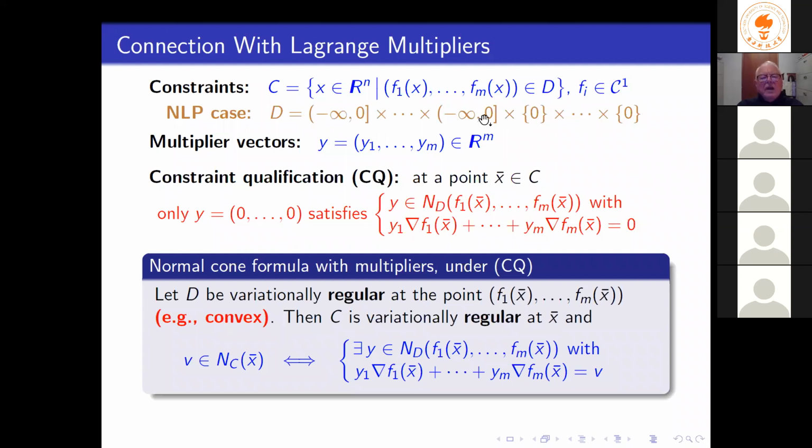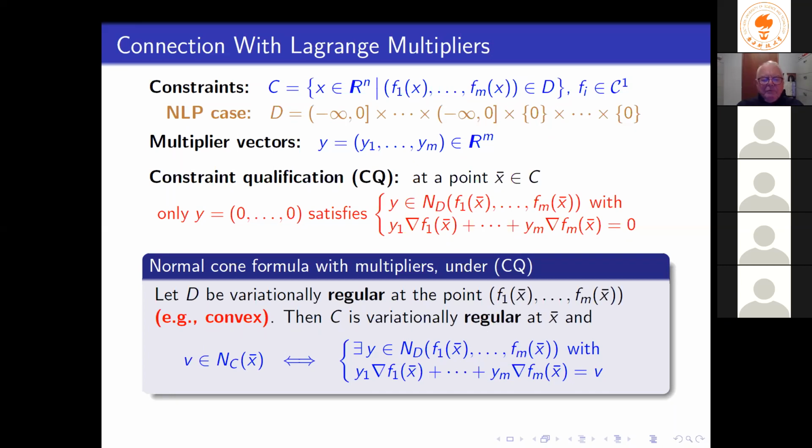And that turns out to be exactly the condition that Y belongs to this normal cone for that particular choice of the normal cone. This turns out to be a classical constraint qualification in nonlinear programming. So by this theorem, not only do we get this formula, which I can say more about in a moment, but we get that the set is variationally regular. So this is an example of feasible sets of nonlinear programming which have this beautiful property